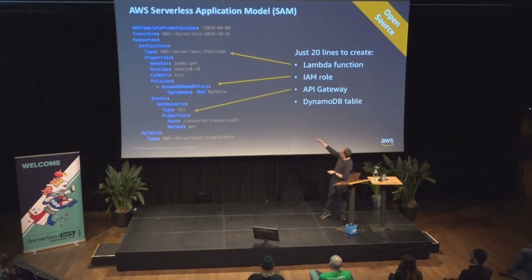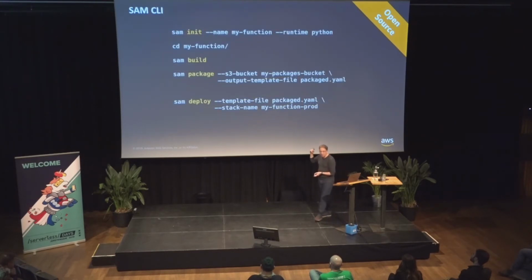And then we create a function, we give some permission, we say that this function answers to an API with some specific path, and we also create a DynamoDB table, a database table for the function. So it's an easy way to describe your infrastructure in just a text file. And then we can use the SAM CLI, which is the new name of SAM local that was mentioned before.